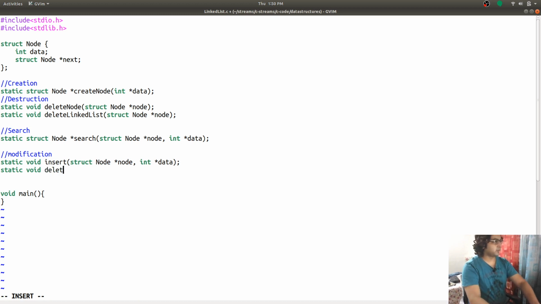Insert, delete node is there, so delete by data, struct.